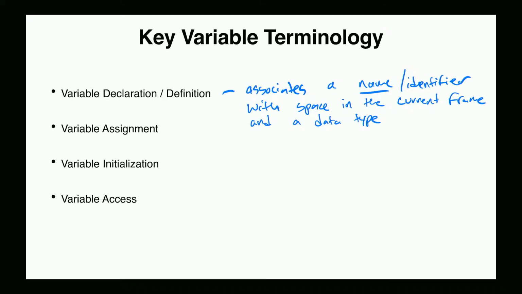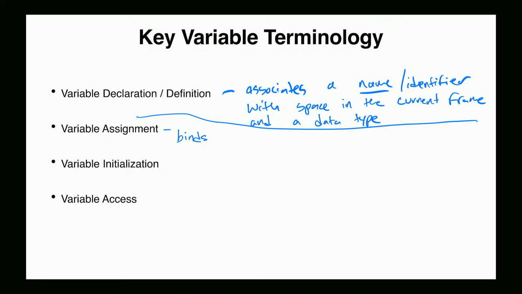And this gives us a sense that, okay, whenever we use this name later, this is what we're referring to. We're referring to some value in memory that has some specific type associated with it, all right? Now, as we just learned, there's a key difference between declaring a variable and assigning a value to a variable. So a variable assignment is,